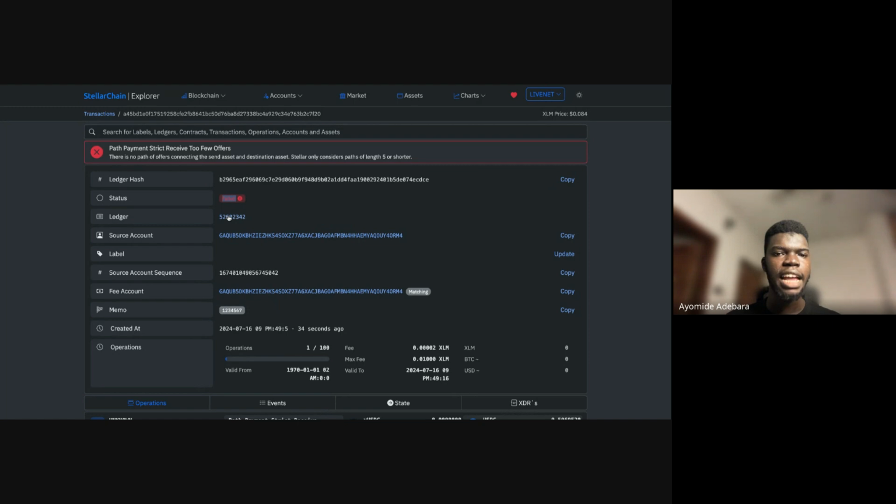The next one is the ledger number. The ledger number is basically the block height. For every newly added block, or in Stellar's case every newly added ledger, it is added to